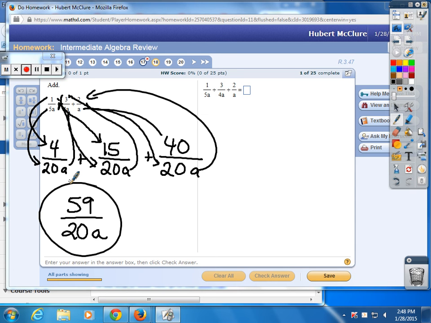Well, the actual way that you get a common denominator, I'll tell you. Because you're going to have somebody who blurts out, I just multiply 4 times 5. No, that's not the way you do it. The way that you get the common denominator